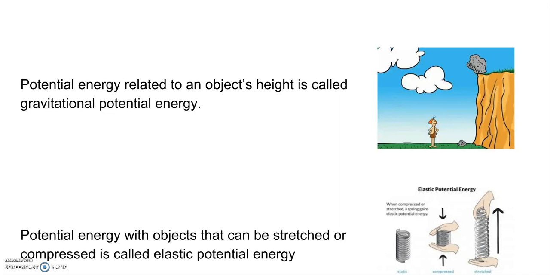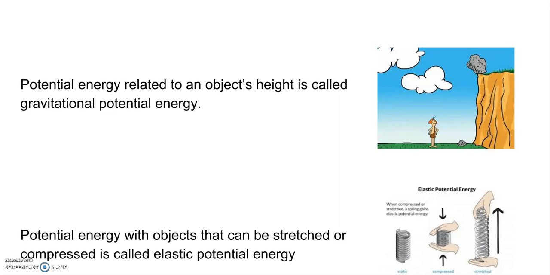Before it falls, because if it starts to fall, then it would have kinetic energy. But because it's at the top and it's not moving just yet, it has a lot of gravitational potential energy. And our last example of potential energy is elastic potential energy, and that deals with objects